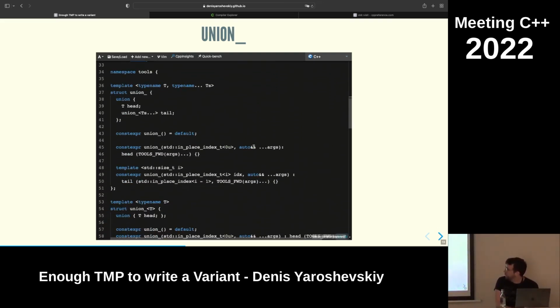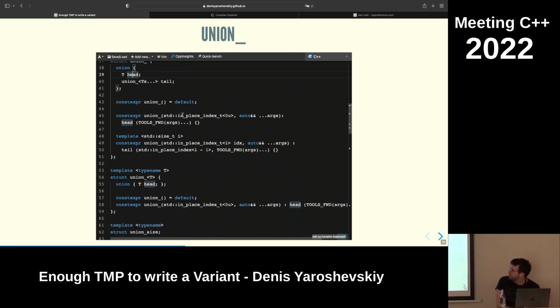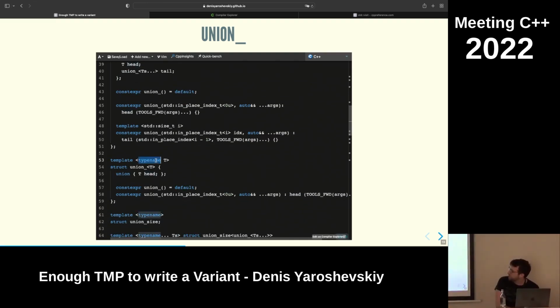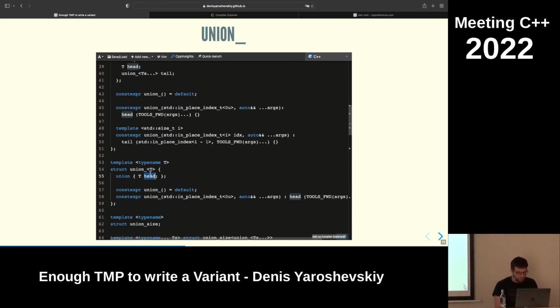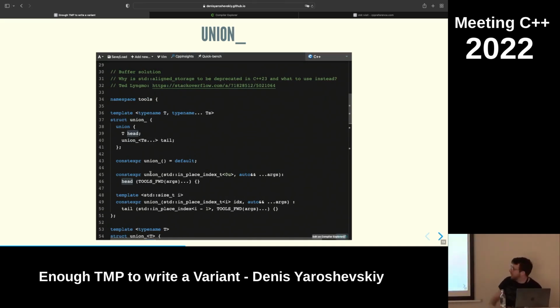What people do now is they unfortunately have to recurse. So we have a union that stores a union, head, tail. And then we have a default case with one parameter that just has a head. I mentioned that number of instantiations is important. Maybe you could have done here like, T, T0, T1, T2, T3 to reduce the number of instantiations, but I wanted something reasonably simple.